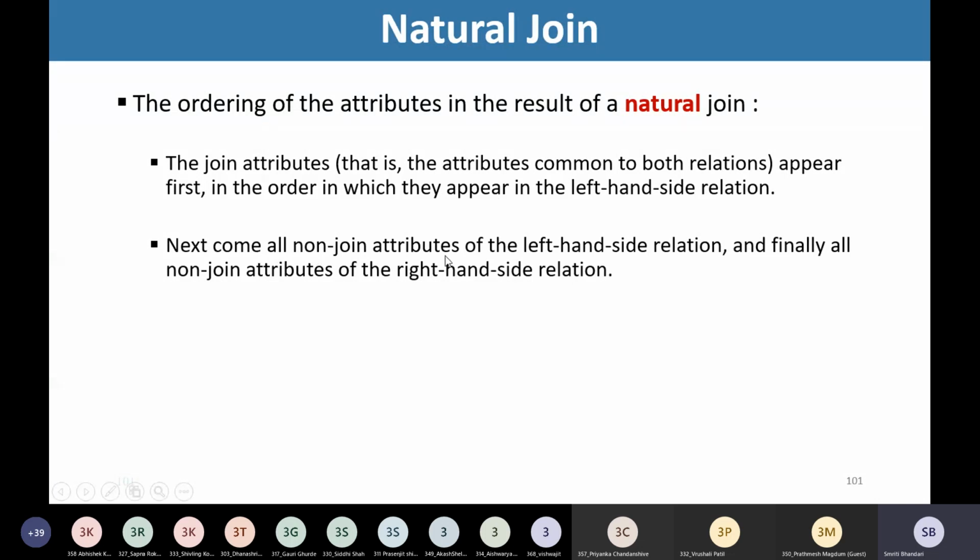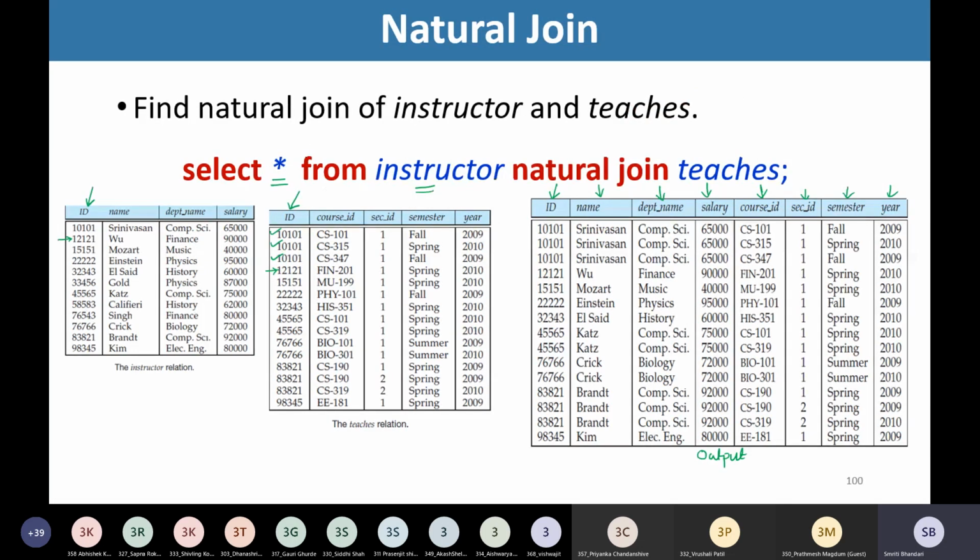Next, all non-join attributes of the left-hand side relation, and finally all non-join attributes of the right-hand side relation. Right? So this is how we get the output of the natural join. I hope you have understood this operation. May I proceed?